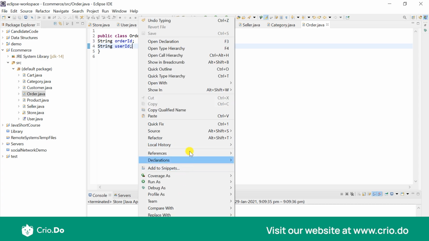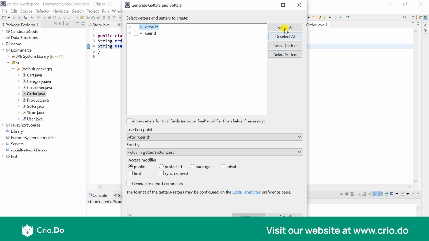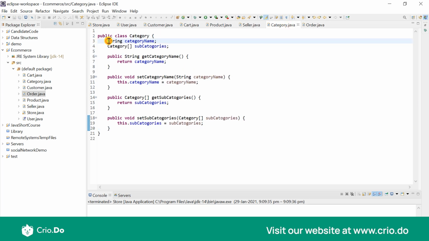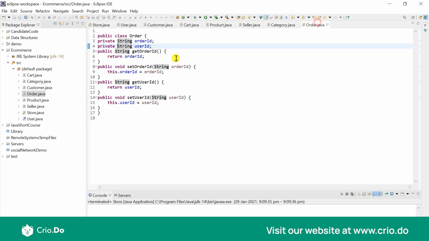So now again, we'll just generate the getters and setters and make these private. And we'll make this category name and subcategories private as well. Let me just correct my spellings, and now as you can see, as soon as I try to correct the spelling, the other places started giving errors. So we will correct the error over here. Let's also correct the spellings over here. Now regarding this order,